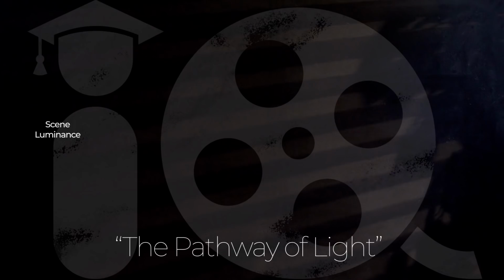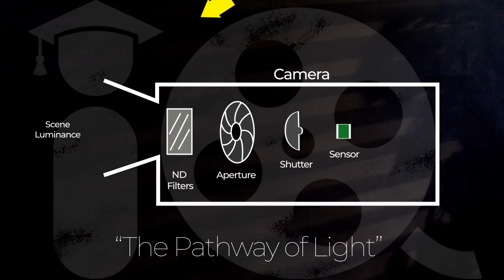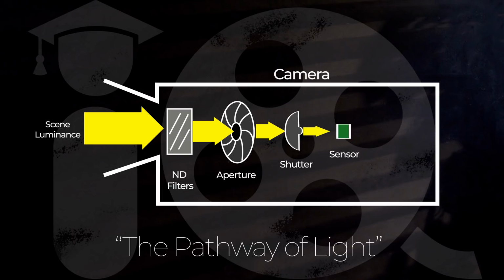Now, my replacement proposal for the triangle is the pathway of light. Grandiose, I know. Think of it as the path light has to travel. How it bounces off a scene, that's scene luminance. It enters the camera, the ND filters it has to go through, the aperture, the shutter speed, onto a photographic sensor where the light is turned into an electronic signal, where the gain is applied to get it to conform to an ISO rating. It's not a triangle, it's a path with a very clear direction. And to me at least, it's easier to remember that than the brute force memorization of an arbitrary triangle.